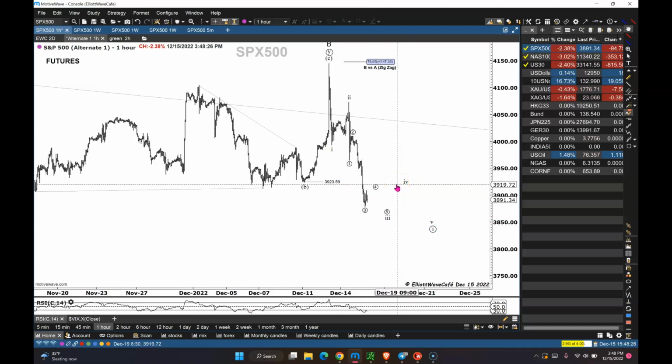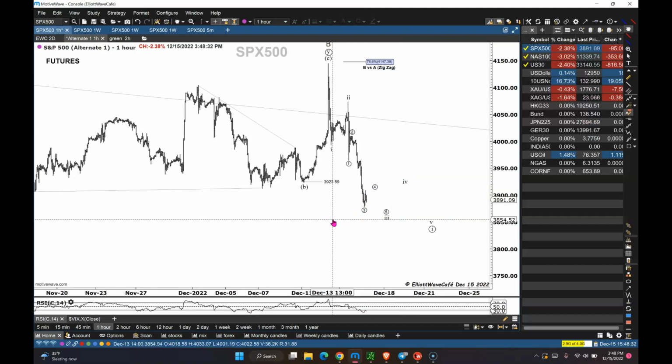Tomorrow is one of the largest expiries in terms of volume and number of contracts. It's one of the largest ever. And maybe some of those positions were already unwound today. Maybe that's why we had such a big sell-off. So we'll see what happens tomorrow with all those expirations.